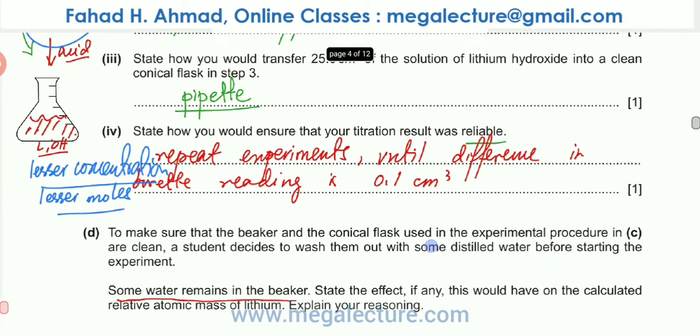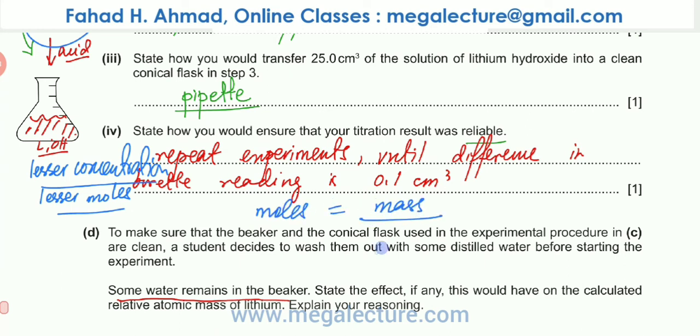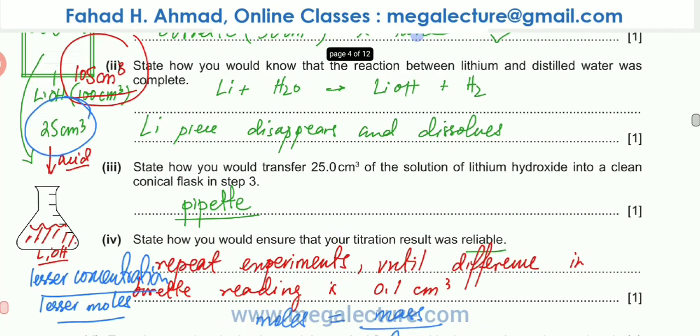Now, because of these lesser moles, whatever calculations you perform after, your moles are lesser. Moles is equal to mass over AR. Because of your error, you added more water to the flask, you forgot to wash or clean the apparatus neatly. So there's more water over here. The solution would be slightly more dilute. The flask would have lesser concentration, and that would result in lesser moles of lithium in the flask.